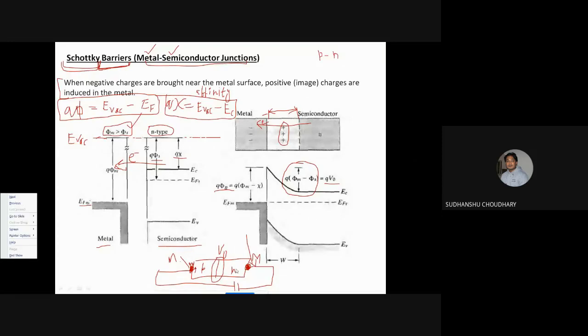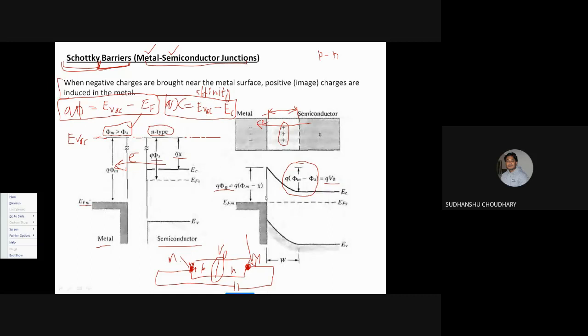Earlier we had only discussed that we require only a bias greater than V0, because we didn't consider the contact to the P and N side. So now we note that if this contact is creating a Schottky barrier of this kind, then the total forward bias required for this device to conduct would be equal to V0, the electrostatic potential of this junction, plus the barrier potential appearing here because of the Schottky contact. That is actually a waste of power, right? That is why we don't want a Schottky barrier.